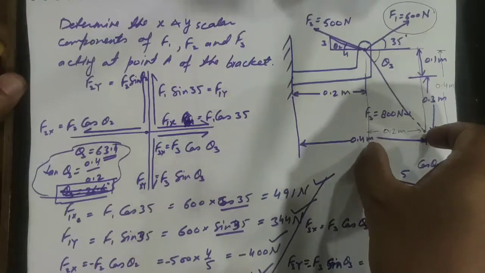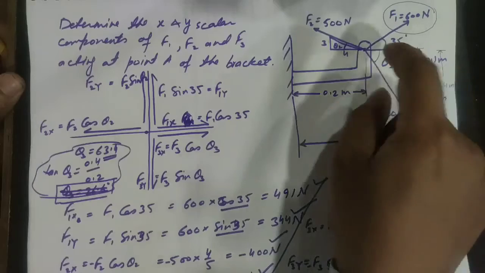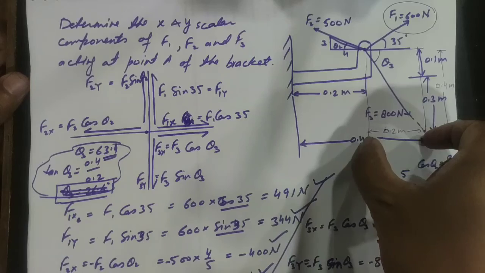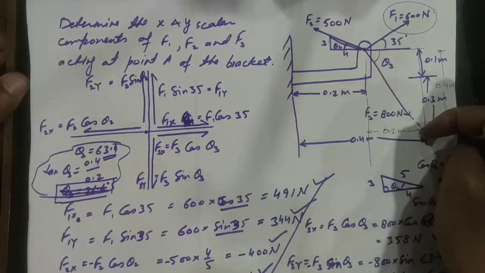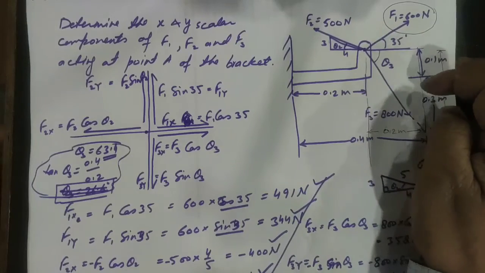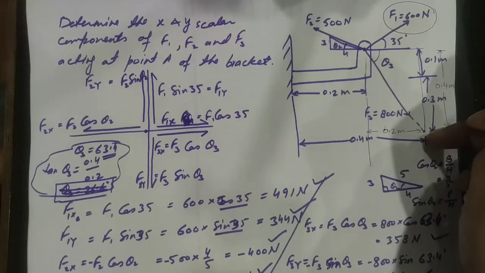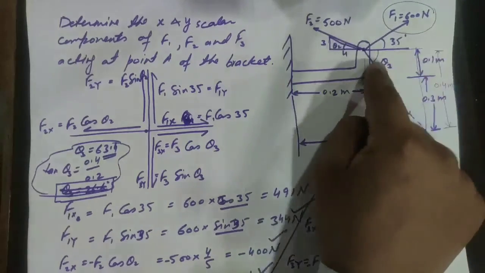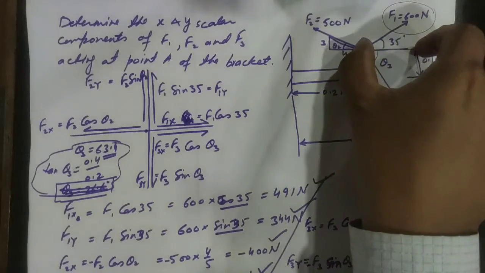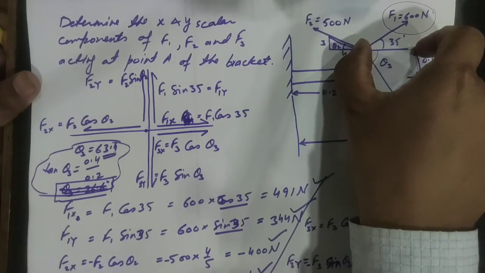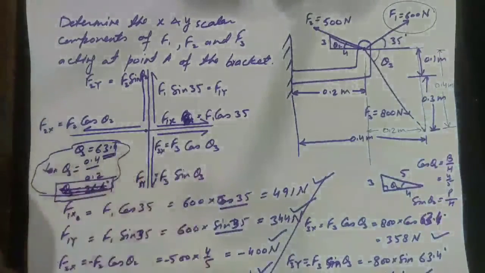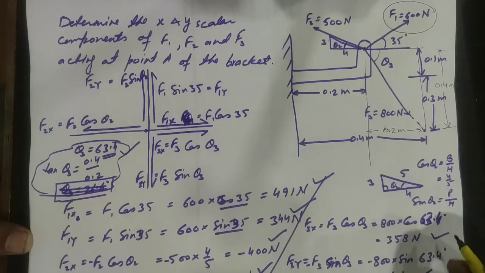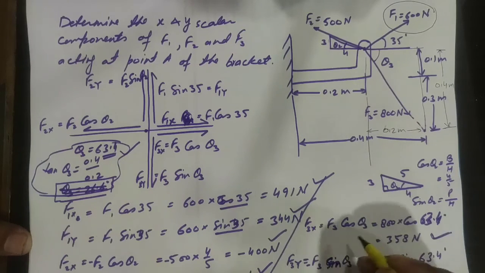Then we got the 0.2 meter distance from the hinge point, sorry, from the force point on which the force is acting. And we also got the vertical distances. The bracket height is 0.2 meter and the bracket to the reference point is 0.3 meter. Then we got the value 0.4 meter. So for calculating this angle, we got the value of this perpendicular and this base. Using these, we calculated the angle theta 3 and used it over here to find out the values of f3x and f3y.